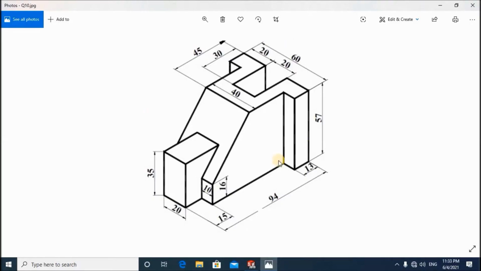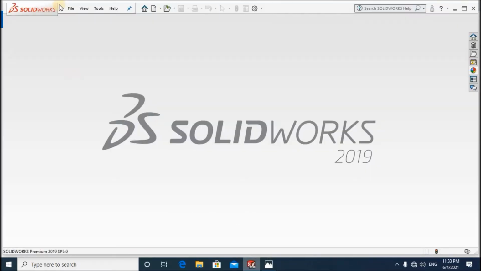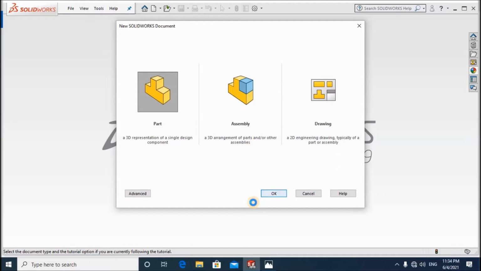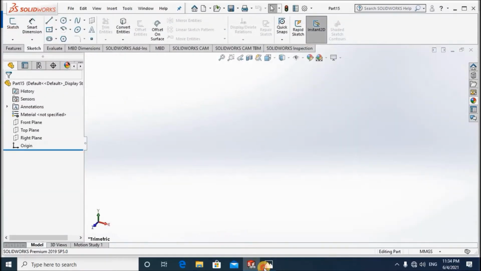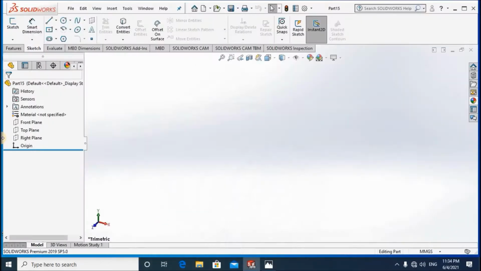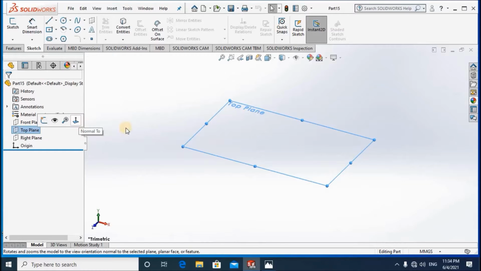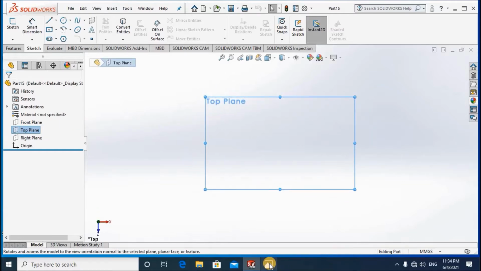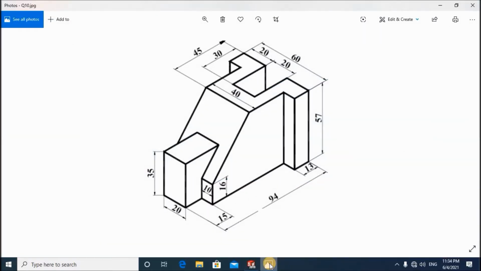Okay, this is the one we are going to create using SolidWorks. All of these dimensions are given in millimeters. Okay, file, new part drawing. So I'm going to select the top plane for our first sketch. So select the top plane, then make it normal, then 94 and 60,